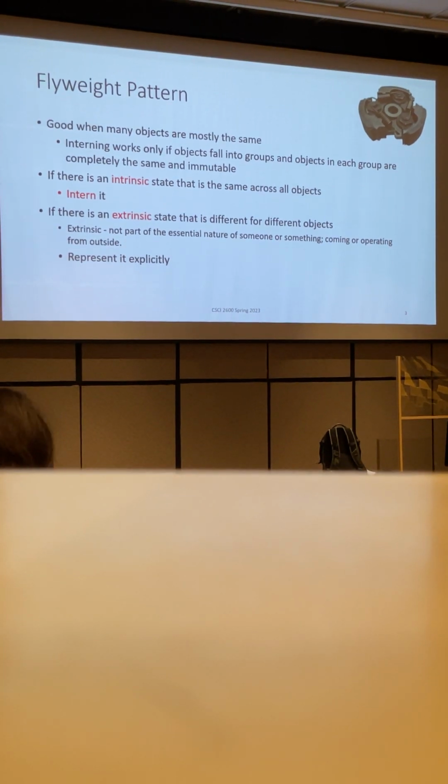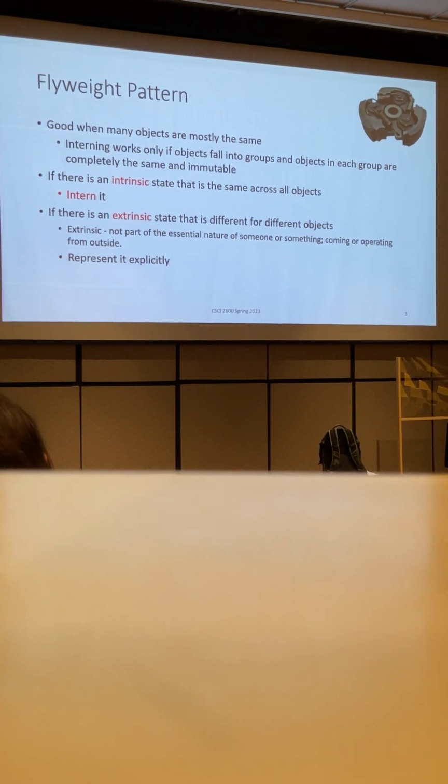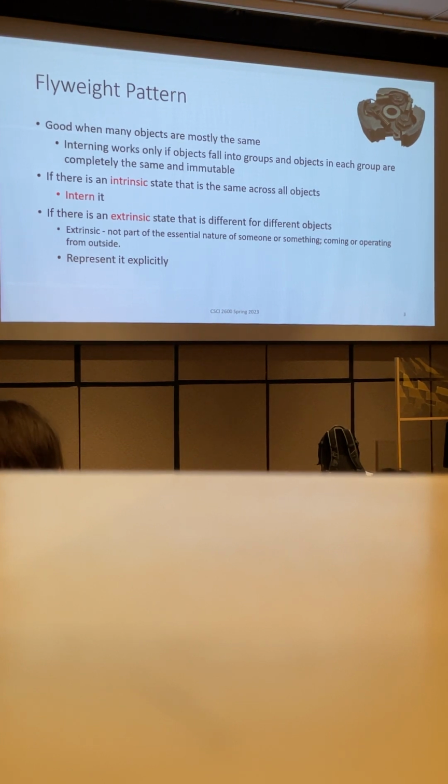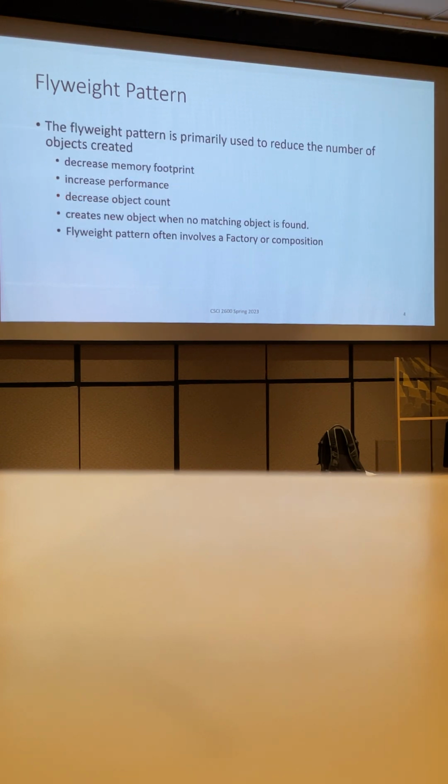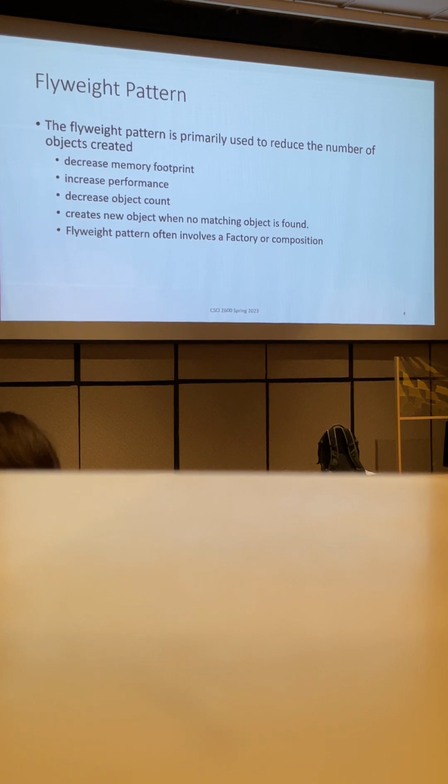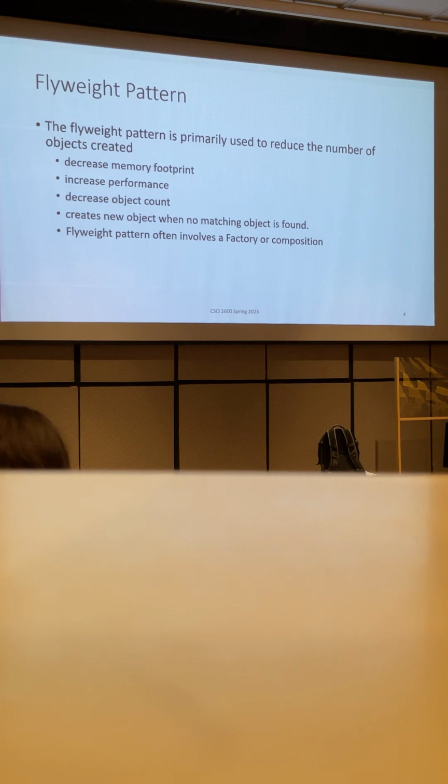Whereas the extrinsic state is going to be different. It's going to be up to the user to provide this extrinsic state, the external, outer state. So objects would differ by only their extrinsic state, not their intrinsic state. That's the idea, and of course the overall goal of the flyweight pattern: if we have objects that have parts that differ across objects and then parts that are the same,